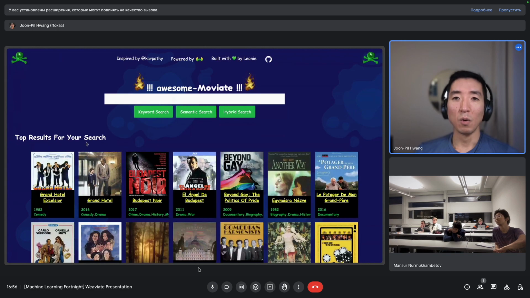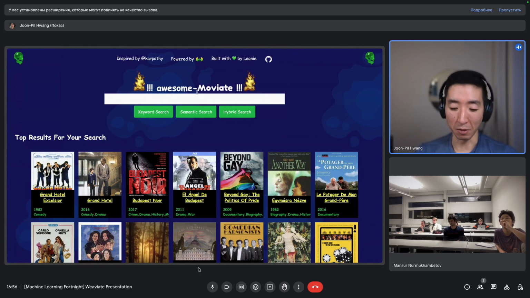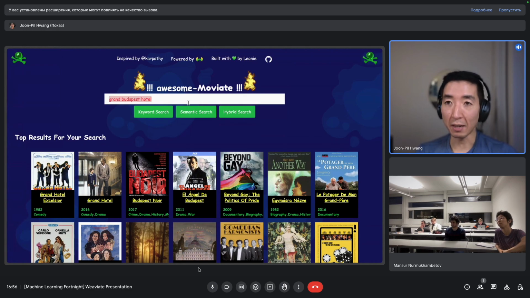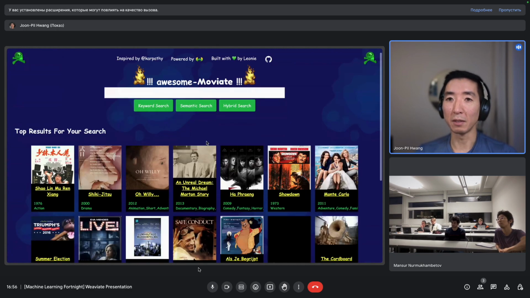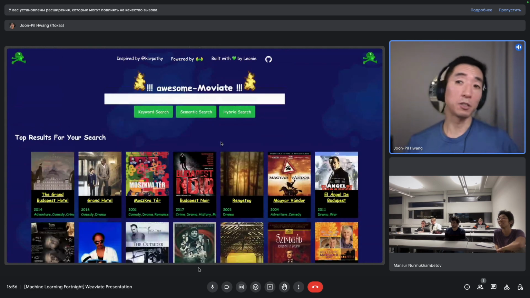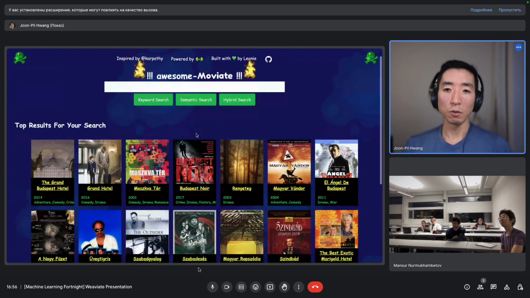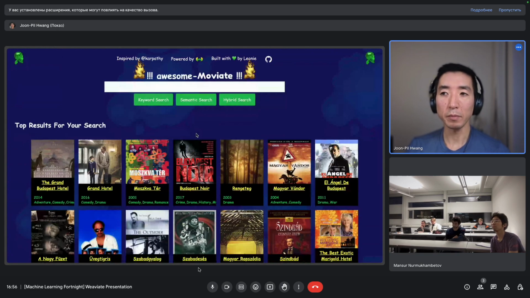Here's a kind of recommender system that will just recommend something similar to what you're looking for. If I search, I'm going to copy that, and if I look for it in semantic search, okay, cool. If I search for the Grand Budapest Hotel using semantic search, I get these similar results.